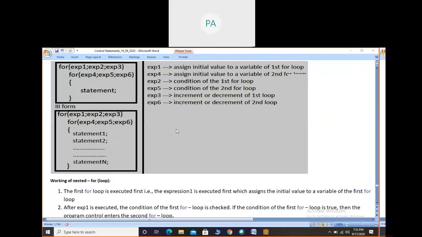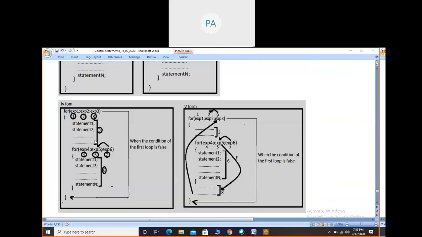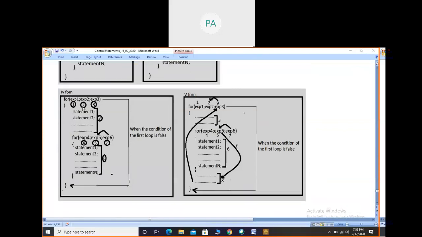So what is the difference here? In the fourth form, before the program control enters into the second loop, that is the nested for, if there are some statements present before the loop and within the nested loop structure, those statements are executed once, then the program control will move to the second loop. You just observe this fourth form. I think it is visible properly. If it is a problem, you can tell me so that I can open the image file.